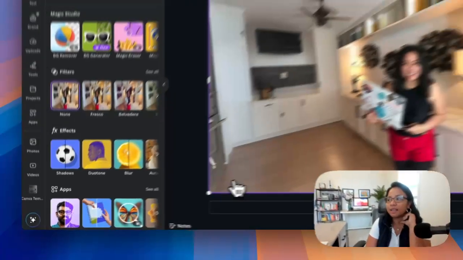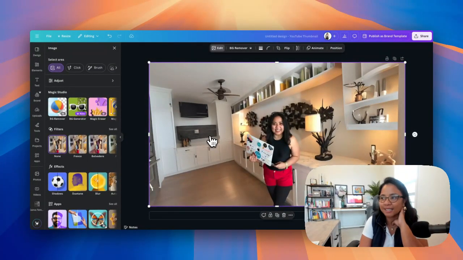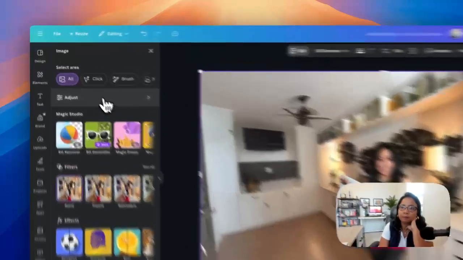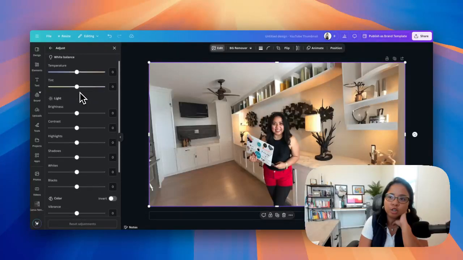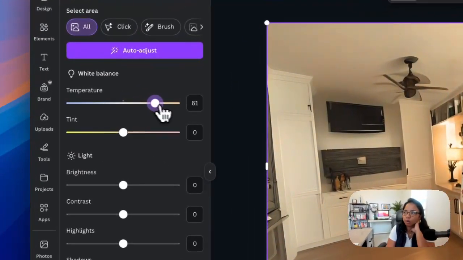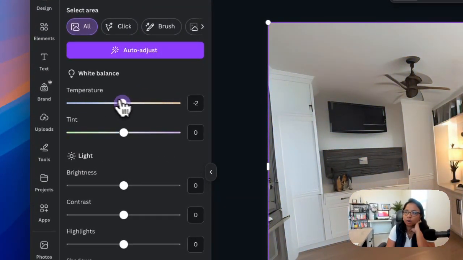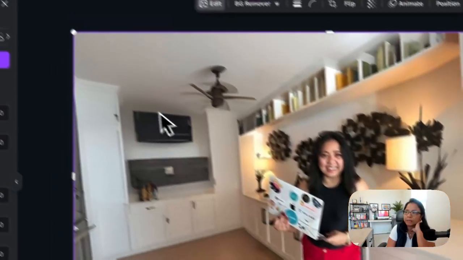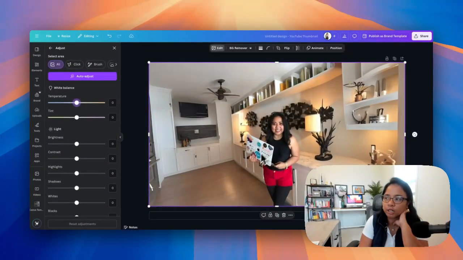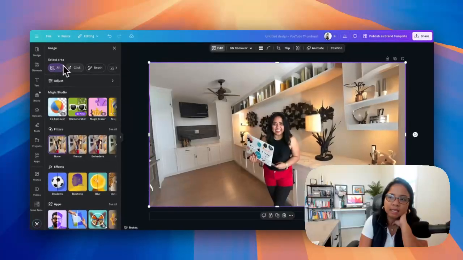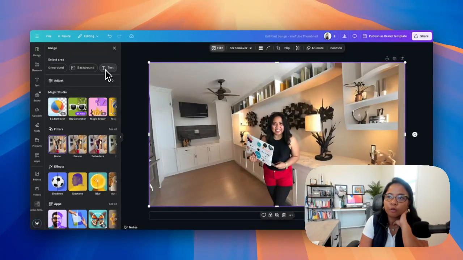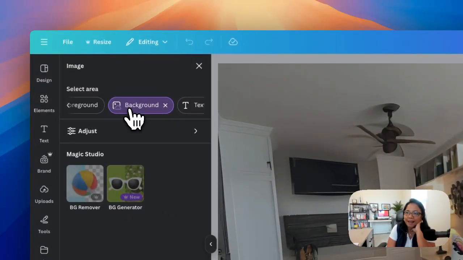So now you have that, and it has really expanded, right? Now, for example, if I would love to adjust. Before, when you adjusted a certain photo, you could only adjust the whole photo that you have, right? But what if I just want to maintain my whole background, but I just want to adjust me in the photo? So now here in your edit, when you edit the photo, you can see select an area, right? And you can choose foreground or background. So if I want to do the background right now,